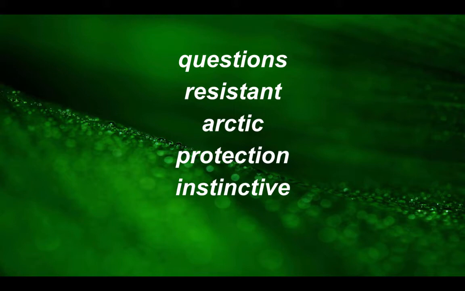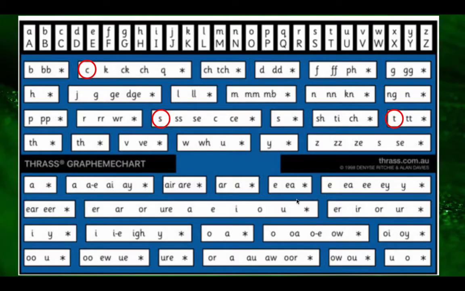I have put together a list that actually shares 2 different grapheme choices. You might say that they're slightly related. I've put together some words with an ST grapheme choice, questions and resistant. And I've got 3 words that have CT, Arctic, protection, and instinctive. Now, having a look, we can see that all of these sounds that we've highlighted come from our consonant